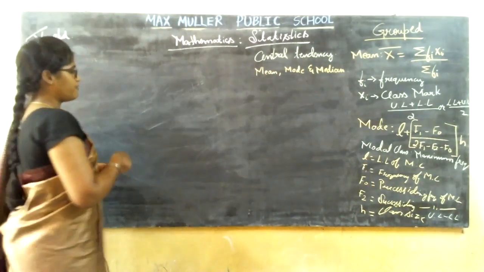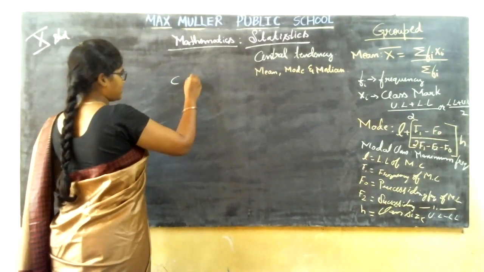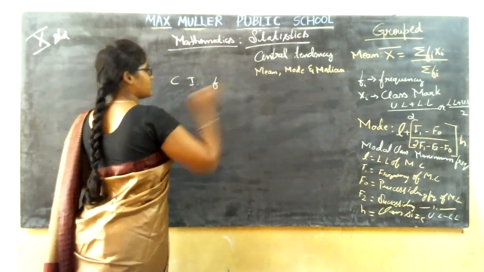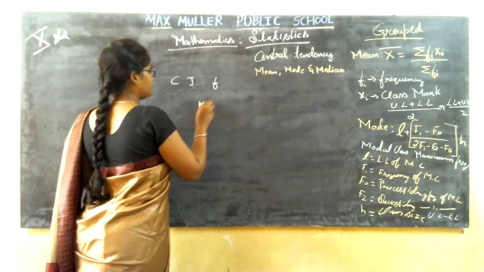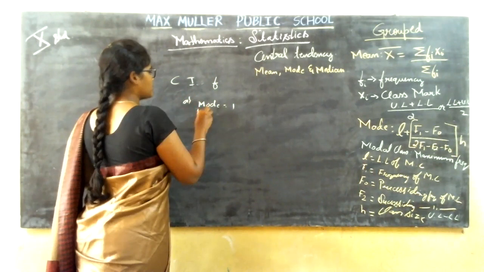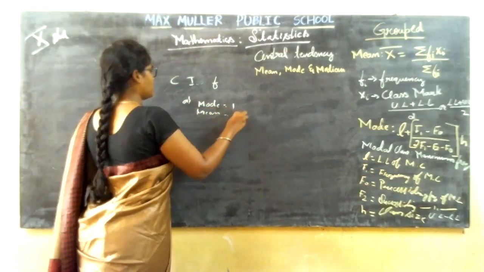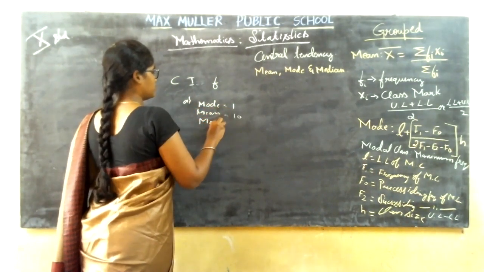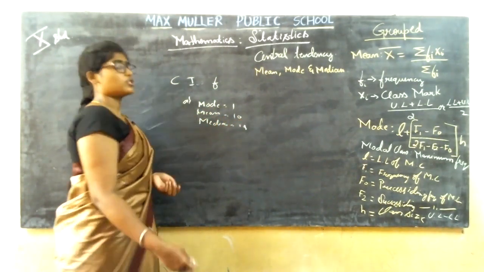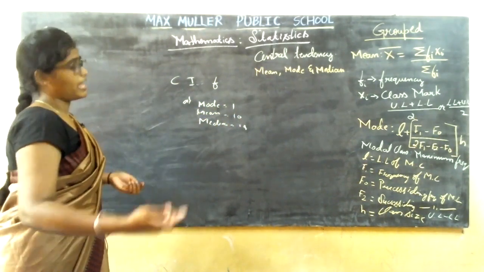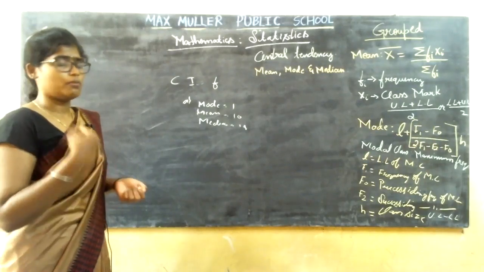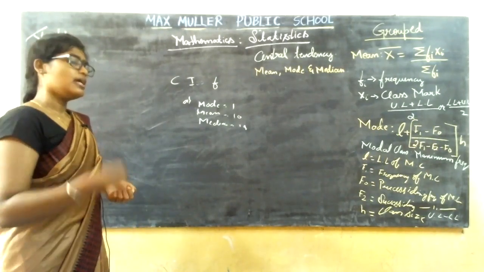They'll ask: if the class interval and frequency are given, then find the central tendency, if mode is equal to 1, that is option A, mean is equal to 10 and median is equal to 25. Since you have only 40 questions and you have time, they might ask you a lengthy question also. There is no rule that they should not ask lengthy questions. Yes, it will be easy.